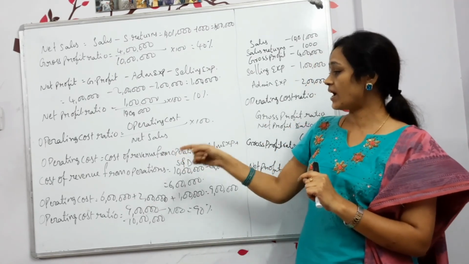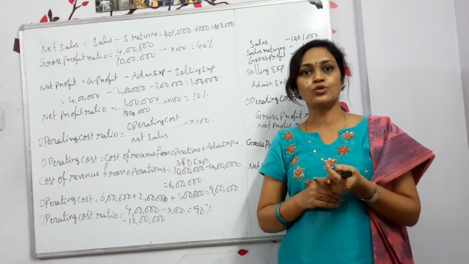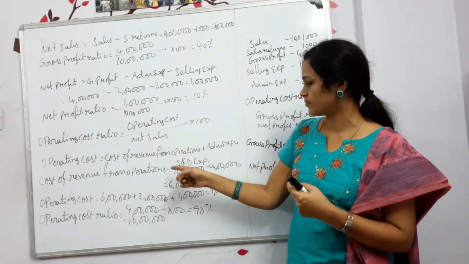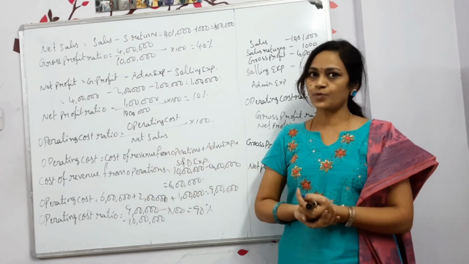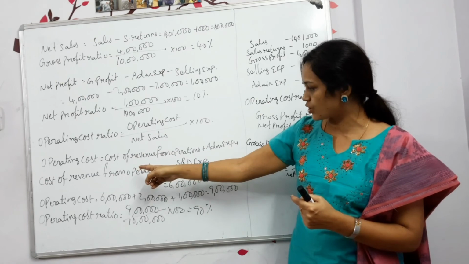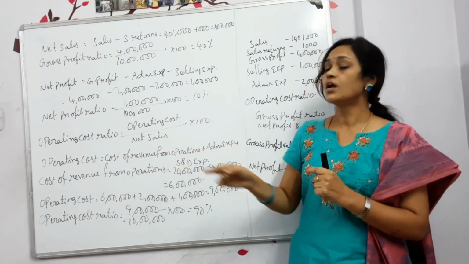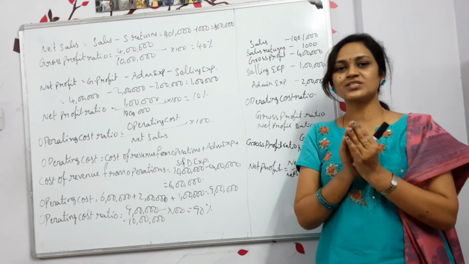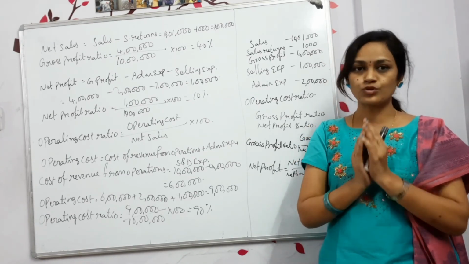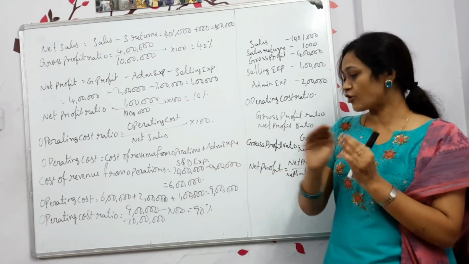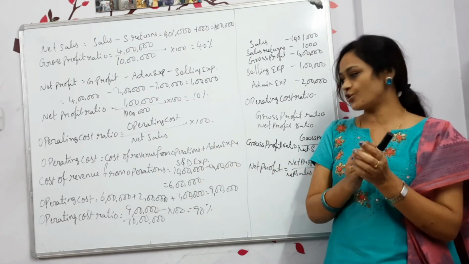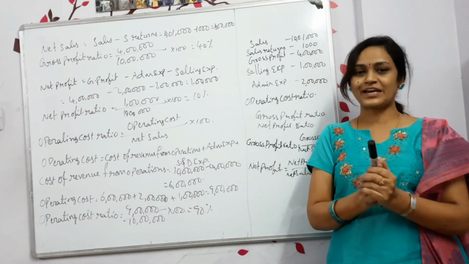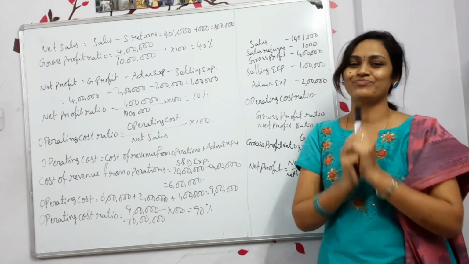Okay, so here we have easy to find out because we don't have what is opening stock, what is purchases, nothing we have, right? So directly I am using this method. Sales minus gross profit I am using. Then I got what is the cost of operating cost. Then cost of operating cost plus whatever administrative and selling and distribution expenses you have to add them. After adding, I got 9 lakhs. Now operating cost ratio is equal to 9 lakh divided by 10 lakh into 100. You got 90%. Is this clear to you? Yeah, this one is clear, right?